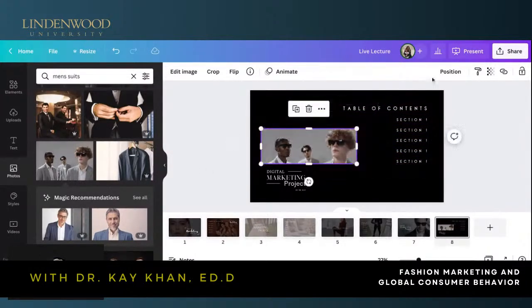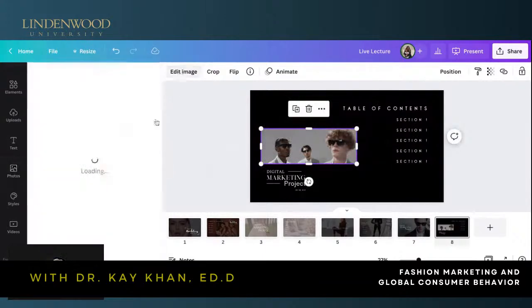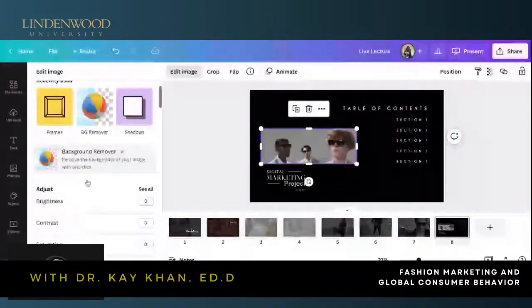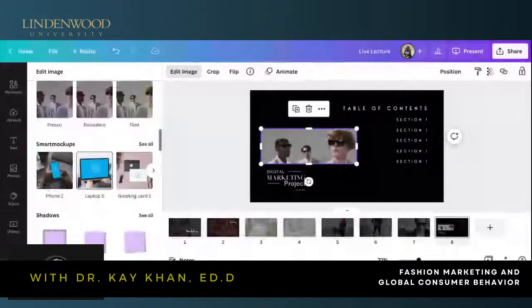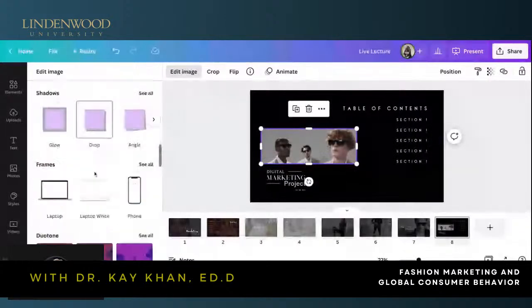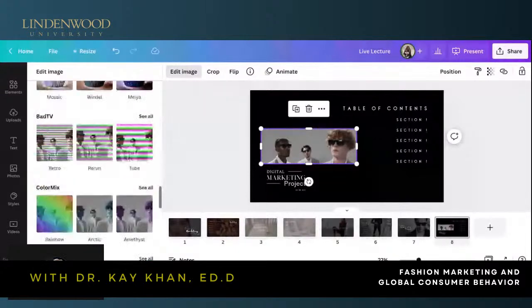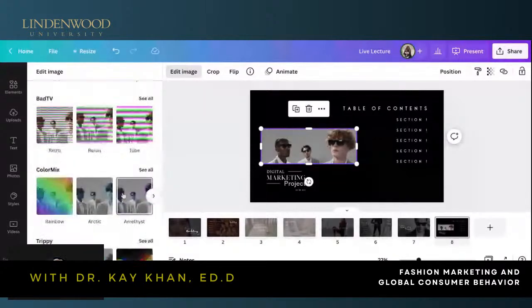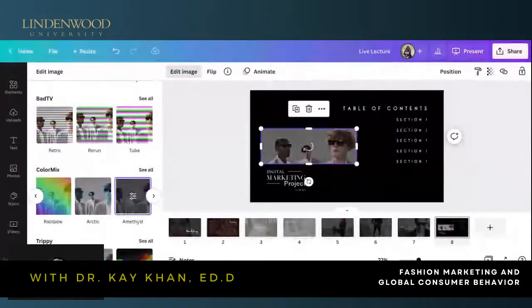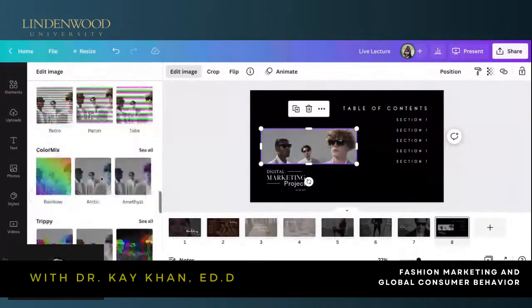And then I'm going to actually edit this image and make this image black and white. So they have other things in here that are super cool. So I'm going to go here and change this. What is this, amethyst? What does it do to the picture? Nope, we don't want them looking like that, unless you're doing that as a vibe and that's your thing. Let's see.